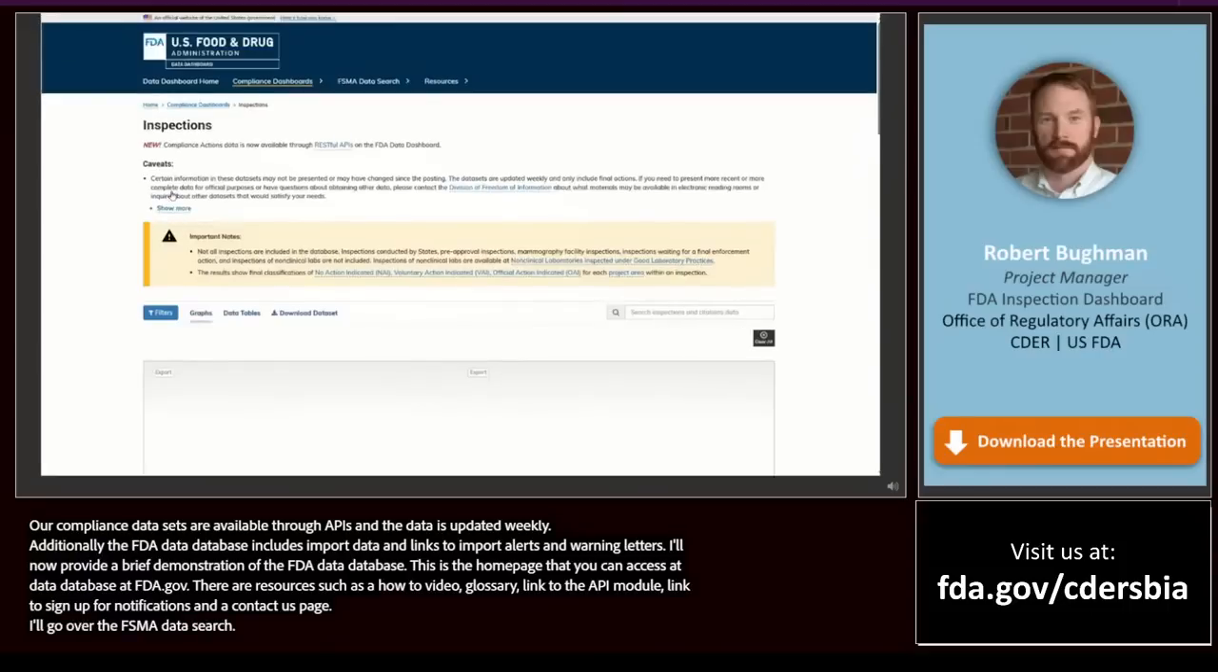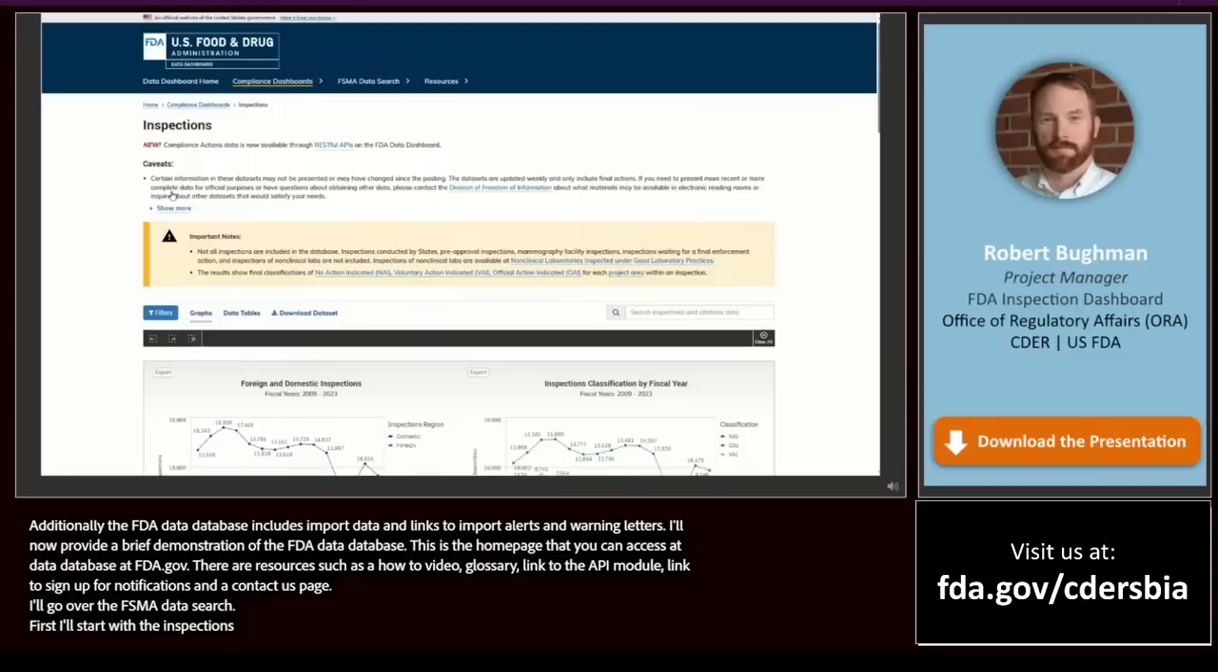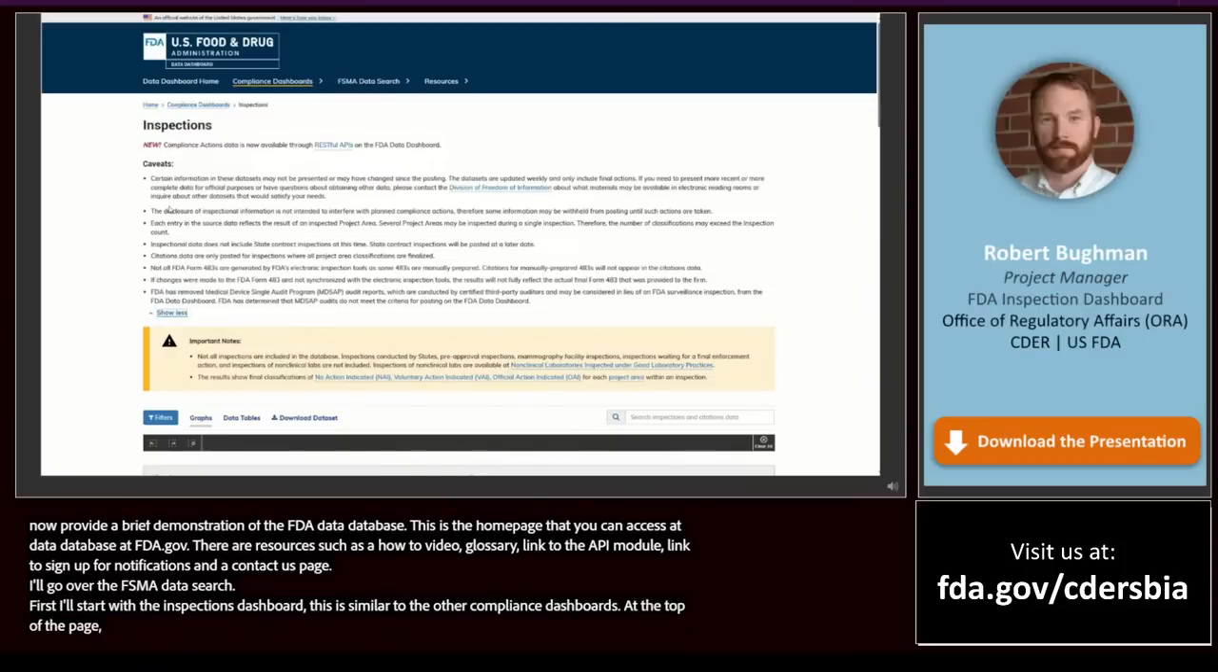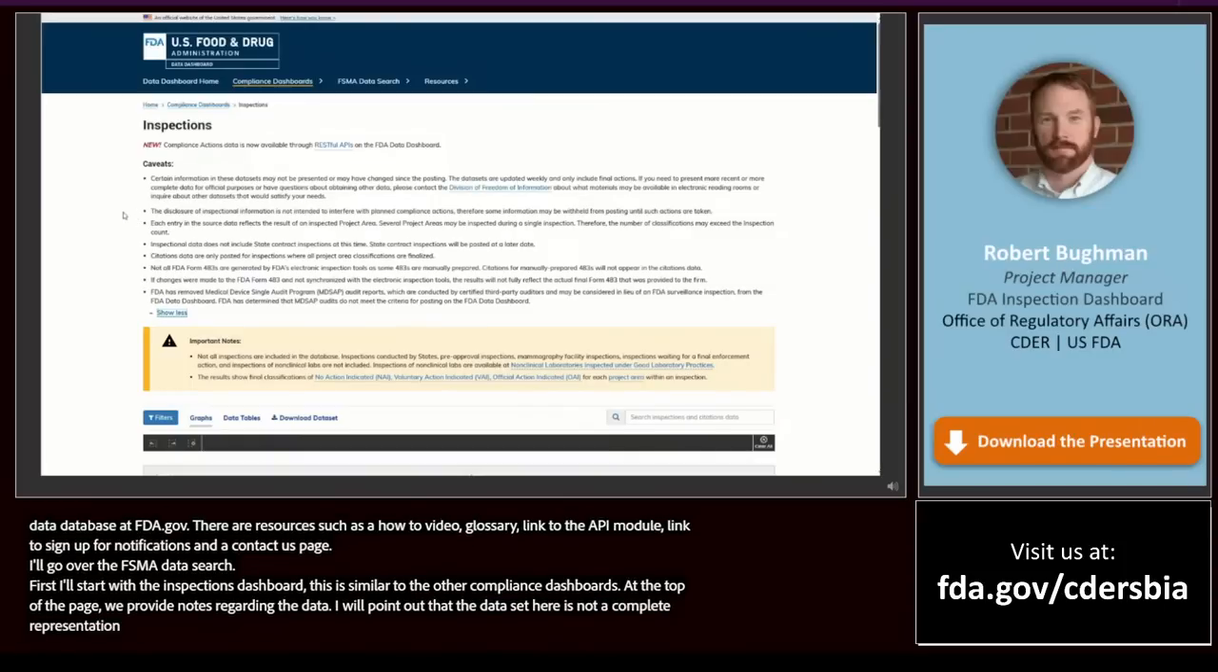First, I will start with the inspections dashboard. This dashboard is similar in layout and function to the other compliance dashboards. At the top of the page, we provide caveats and notes regarding the data. For the inspections dashboard, I'll point out that the data set here is not a complete representation of all FDA inspections. On the inspection dashboard, there are several charts,